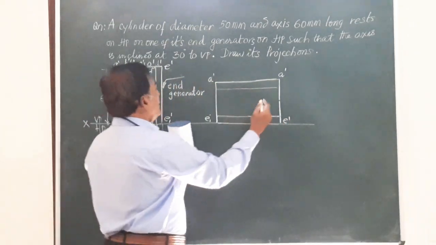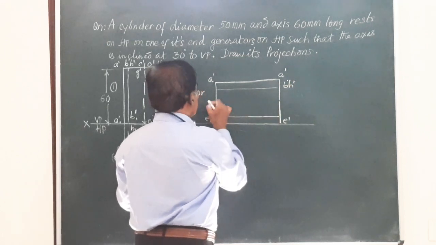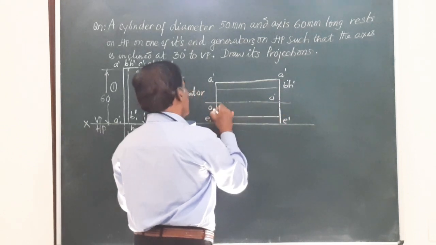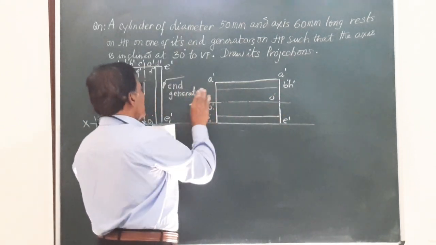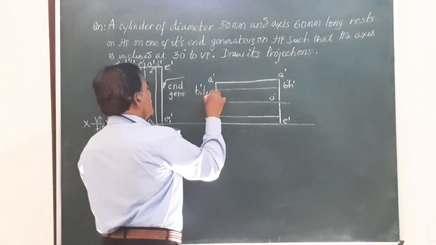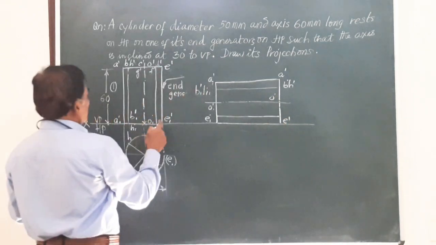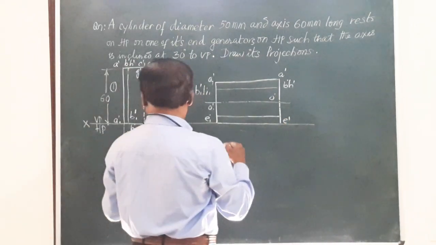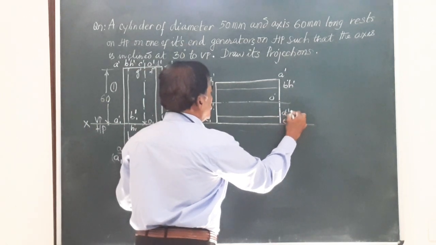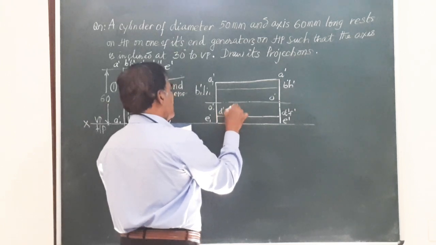So this is going to be B dash H dash. This is O dash axis is here. So this is O dash, O1 dash. This is B1 dash, H1 dash, A1 dash. And here, above that E, you have got D dash F dash. Bottom side D1 dash, F1 dash.